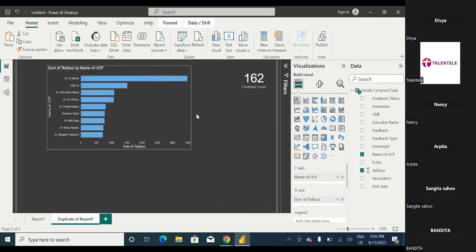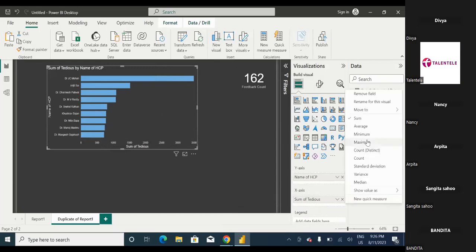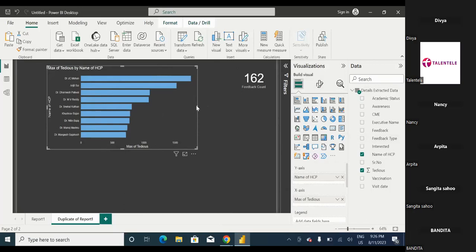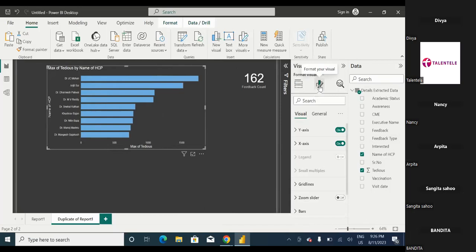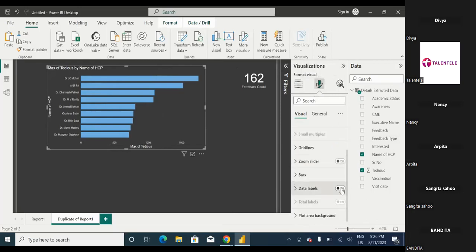OK. So this is again giving you a sum, but I want to concentrate on maximum, that which one has given the longest. So this is how you can put the data labels over here so that it gives you